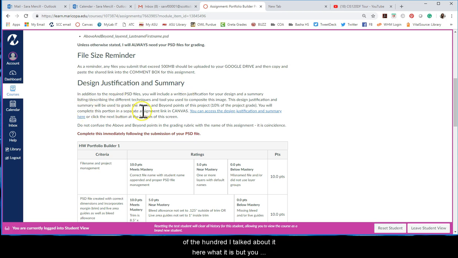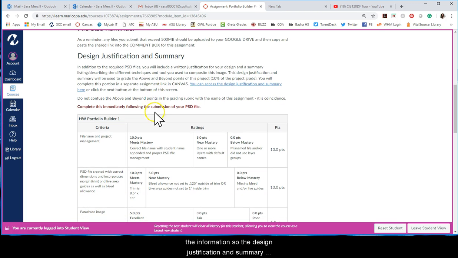I talk about it here, what it is, but you actually complete it as a separate assignment in Canvas. It's just an easier way for me to gather the information. So the design justification and summary, that's your opportunity to tell me everything you did to create the assignment. There's a lot of things you can do in Photoshop, and at some point you're going to be merging layers and using lots of filters, and there's no way for me to account for that. And so you have to explain to me what you did so that I can understand, and it helps me